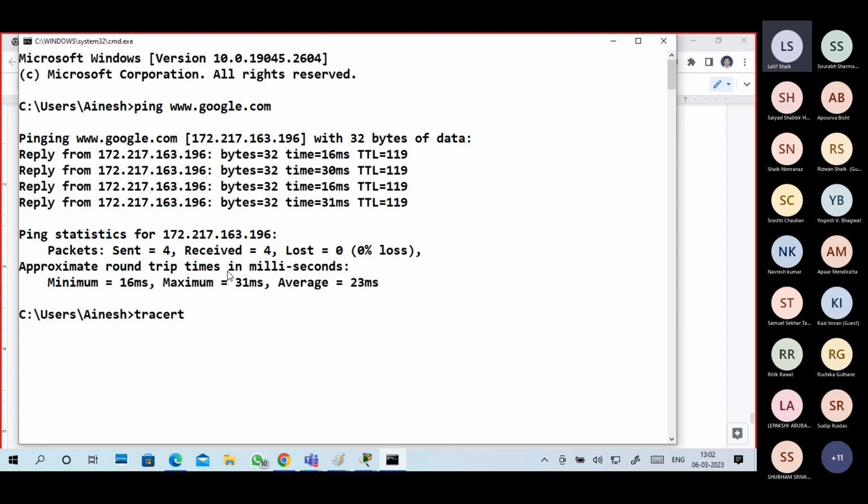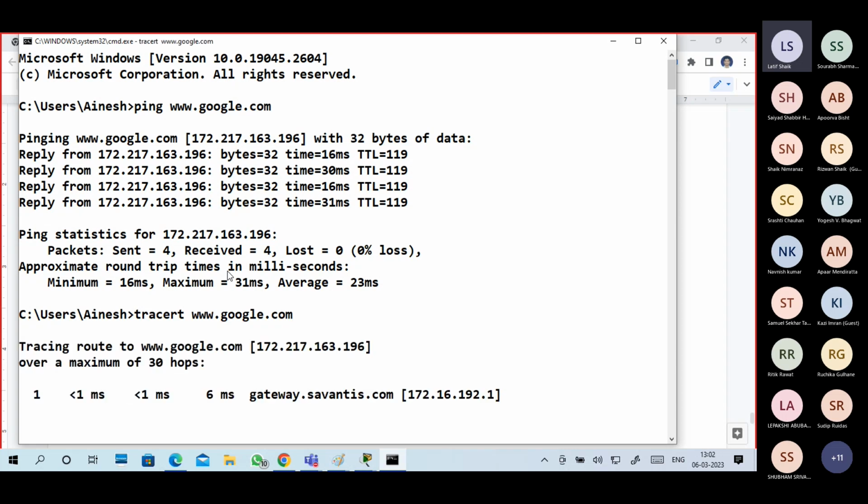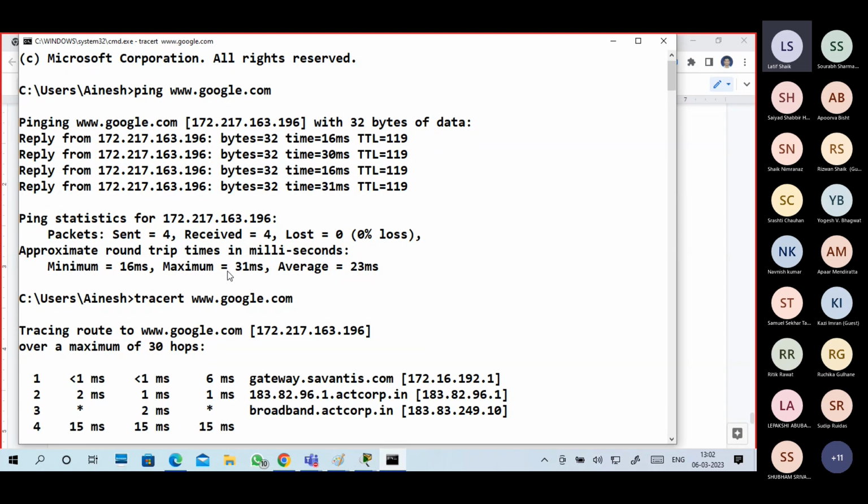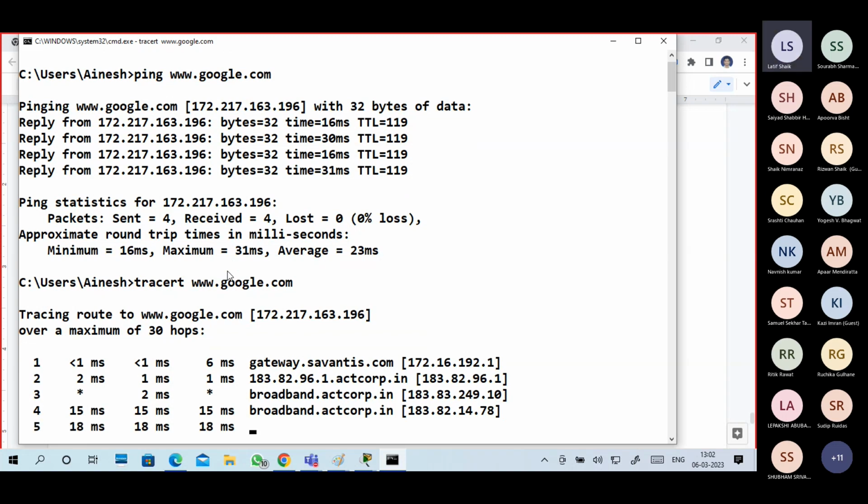But google.com is not located in my network, right? I want to know how I reach this google.com server. It's located somewhere in this world. We don't know, but I reached it. But how did I reach it? So I use the tracert command to know how you reach the destination. First of all, from my laptop to my default gateway, to my ISP, to their other router, to other router, other router to other router. Finally, we reach the destination.